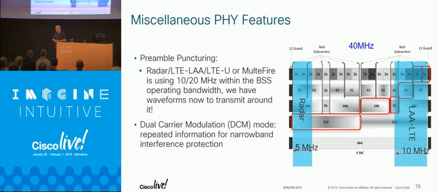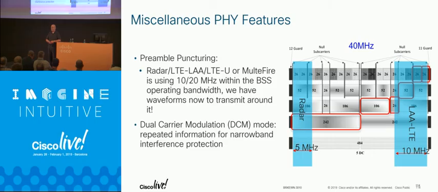The other thing that we promise is some miscellaneous PHY features. Preamble puncturing, I am not entirely sure we're getting. That's in high debate right now, but it makes infinite sense to me. What does that mean? Preamble puncturing is, since I have all these RUs, and since the 802.11 standard, the AX standard, and OFDMA says I don't have to modulate all those RUs, that actually gives me the ability to look at narrowband interference and say, you know what, he's only impacting 4 megahertz down here. Tell you what, none of us are going to use that 4 megahertz. You do you, dude, I'll do me.